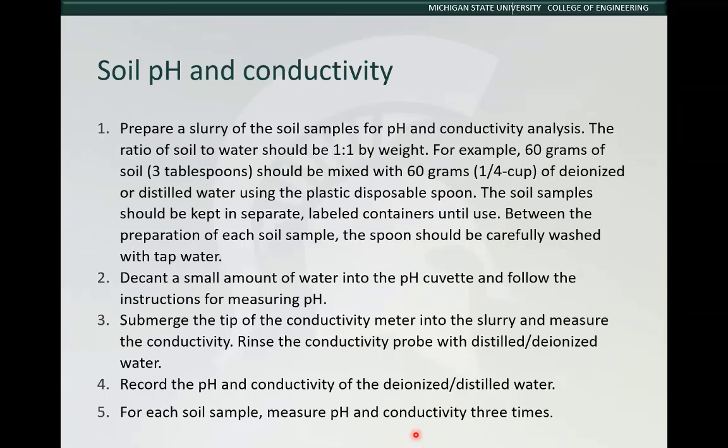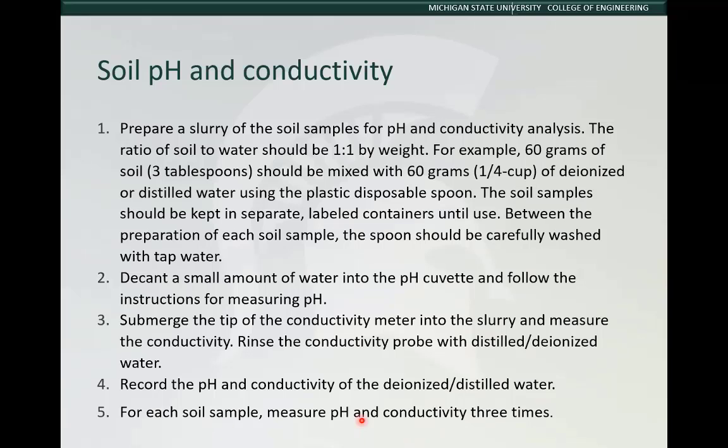Mix that, and then you'll decant a small amount of the water into the pH cuvette, follow the instructions and measure pH. You'll also measure conductivity by just submerging the tip of the conductivity meter, and you'll record pH and conductivity. And then for each soil sample, measure pH and conductivity 3 times so that you can determine the standard deviation